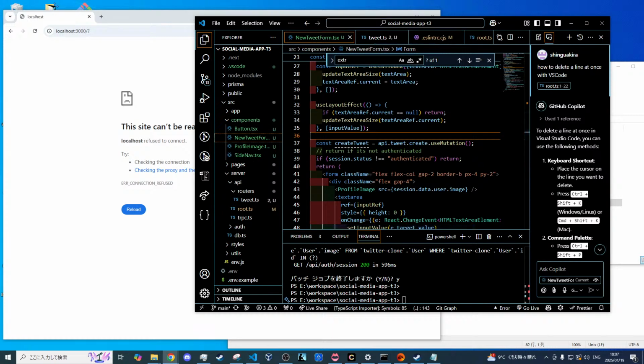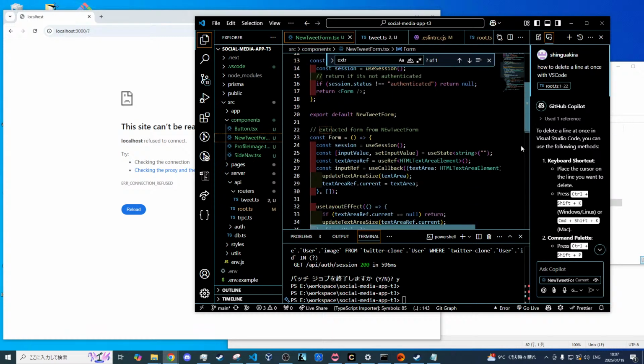Function handle submit that takes in a form event, and we can just say e.prevent default. There we go. Then we can call this